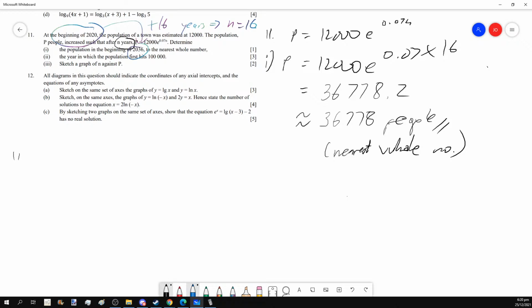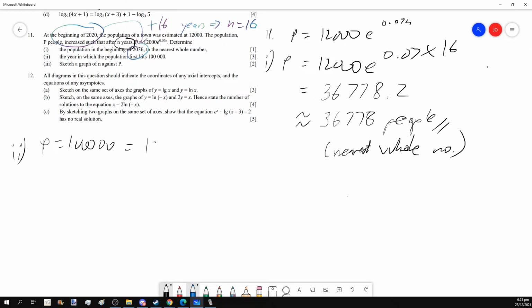Now, the second part asks us, can you find the year in which the population first hits 100,000? Again, customer service, they're not asking for n, they're asking for the year. So we should not have n equals, for example, 20. You should tell me, for example, 2040 instead. Alright? So in this case, the year in which the population hits 100,000, the population capital P will be 100,000,